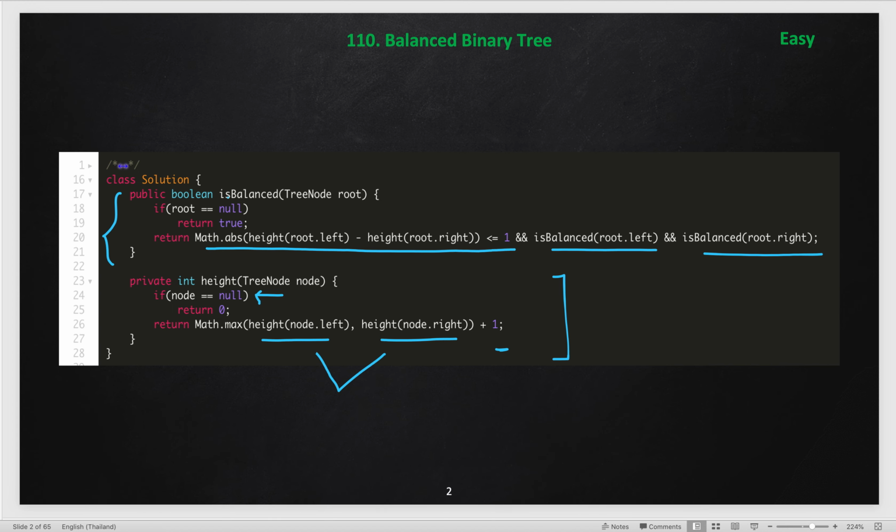If you see the time complexity of this solution, in the height method, suppose we have a tree like this: 1, 2, 3 and here 4, 5. If I call the height method for this node, I will process this node, this node, this node, so all three nodes. So calculating the height of a tree will take O of n in the worst case if there are n nodes, and we are doing this for all the n nodes, because for every node we are checking whether it is balanced or not, coming from the top and going to the bottom. So the overall time complexity of this solution will become n log n.